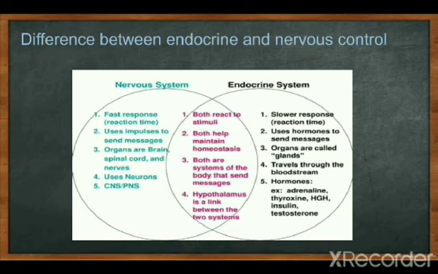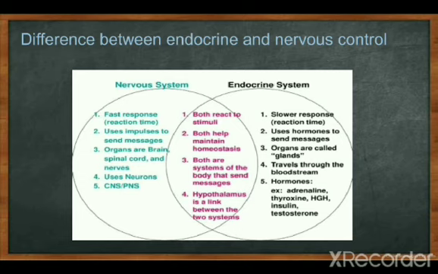The hypothalamus is the link between the two systems. The hypothalamus is also called the supermaster of glands. Be reminded that the hypothalamus is called the supermaster gland and the pituitary gland is called the master gland. So the hypothalamus links the nervous system and the endocrine system.